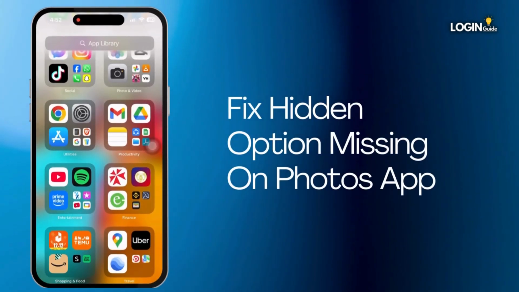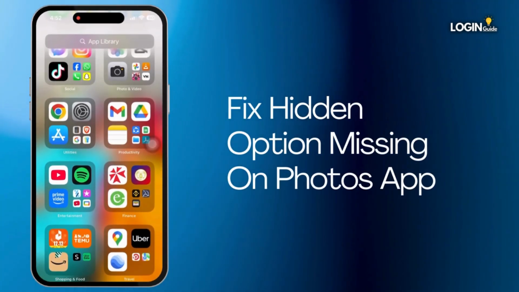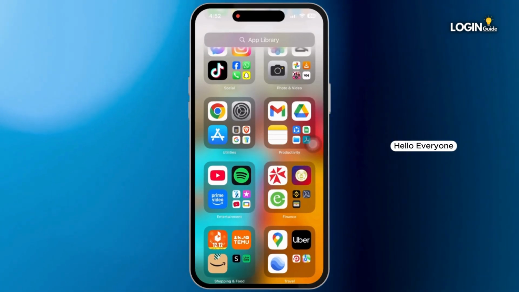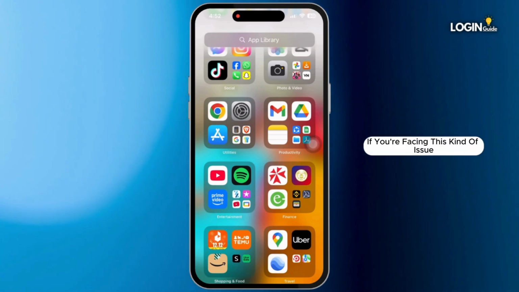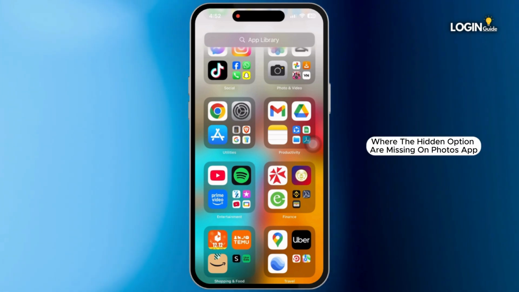How to fix hidden option missing on Photos app on iPhone. Hello everyone, if you are facing this kind of issue where the hidden option is missing on the Photos app, then